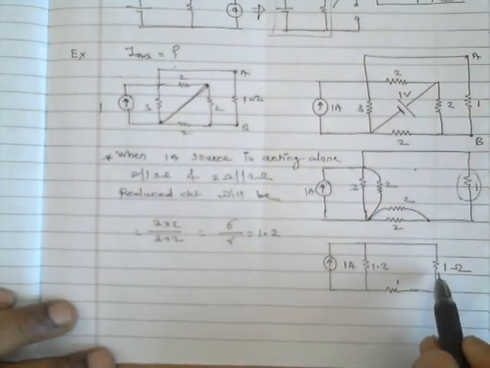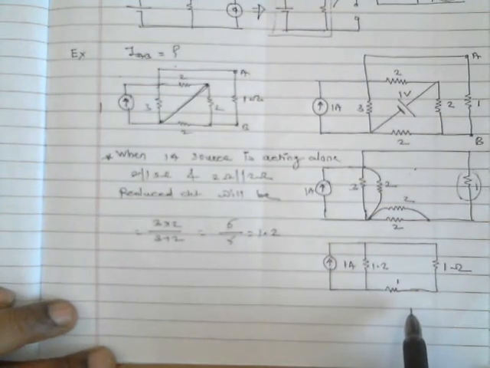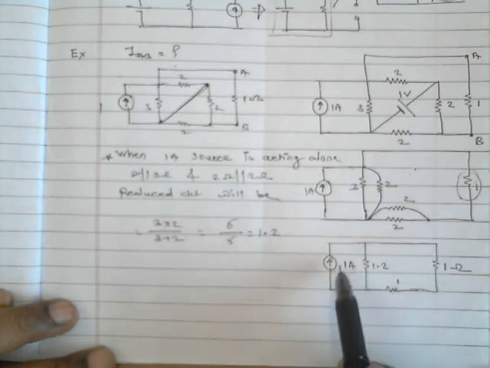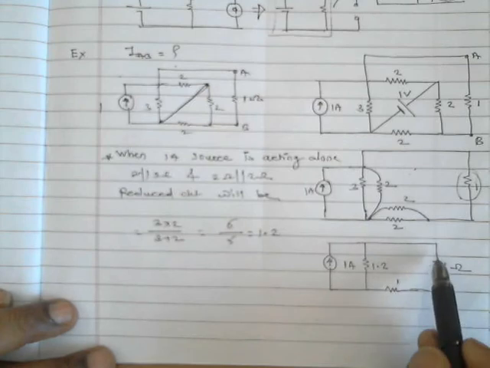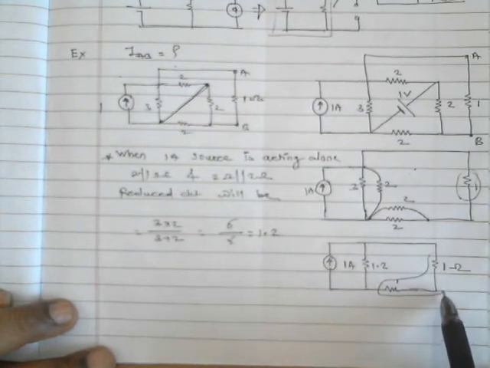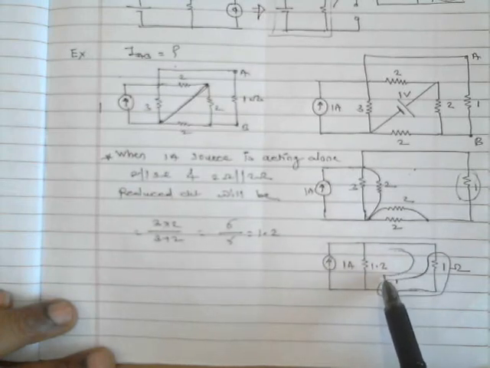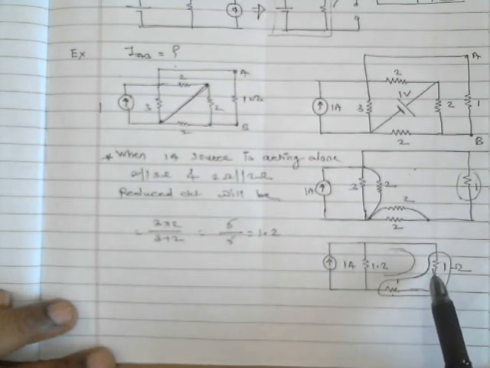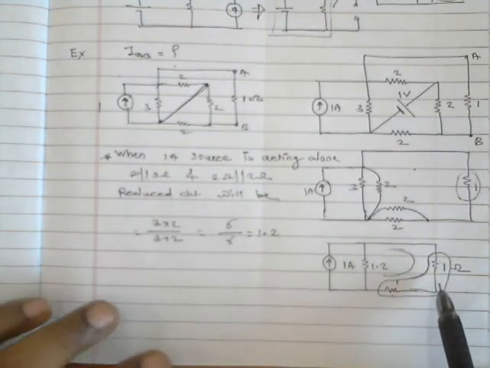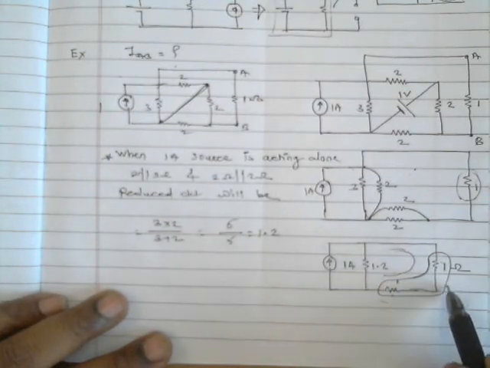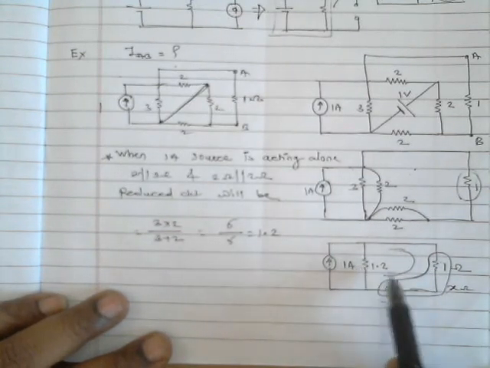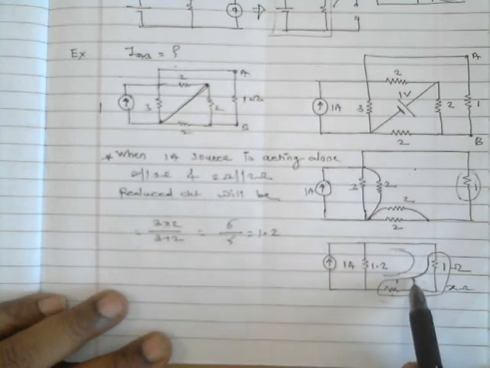Now I can get the current through this resistance. How can you find it out, or do you know the answer? It is very easy. Why? Because these two resistances are in series, I can simply add them, but I am not adding because I want to keep that one separate. The current flowing through one is the same current flowing through this one. If I add the two resistances it becomes 2 ohm and the current remains the same, but to keep this one visible, I am not adding it. This is a single unit of resistance, say X ohm. This is another resistance. So these two resistances are in parallel with one common source.